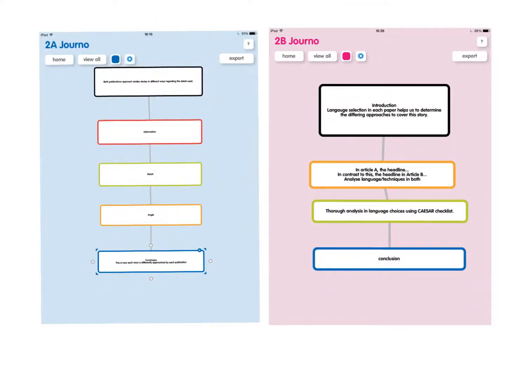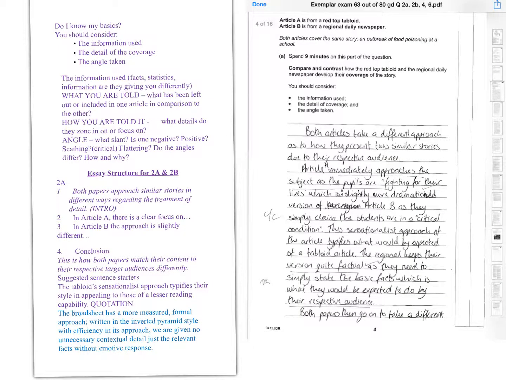On this slide you have essay structures that I recommend you use in order to perform well in this question. Both of these essay structures are available on your resources on Shobi. And there's an introduction on both of them that I recommend that you use as well. And the essay structure corresponds with the bullet points used in each of the questions. So, if you look at what you need to know,